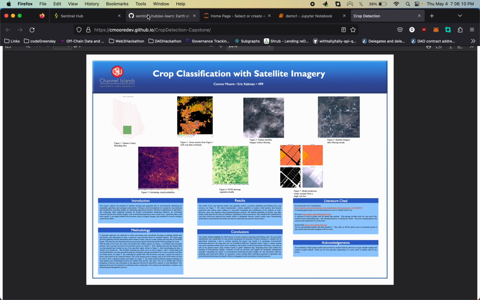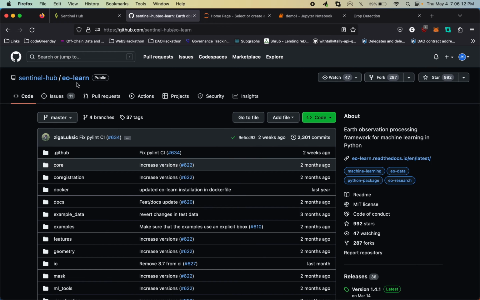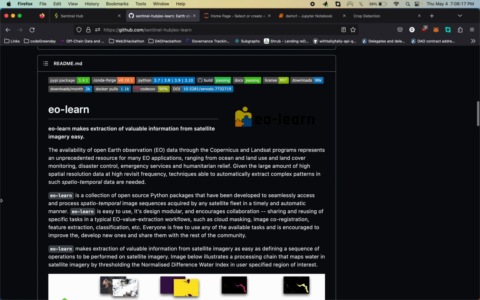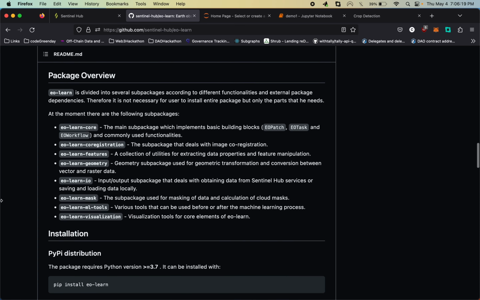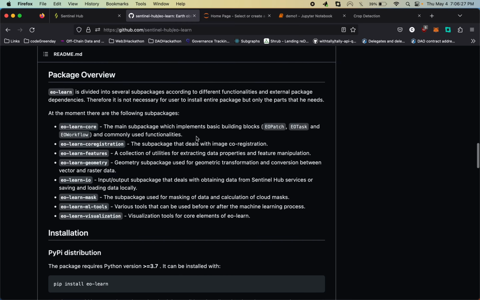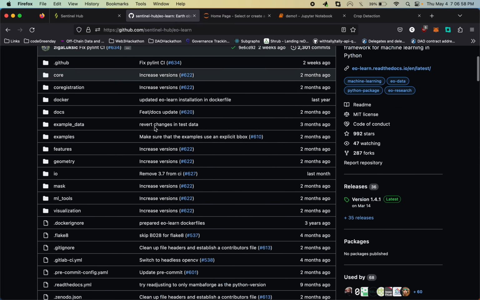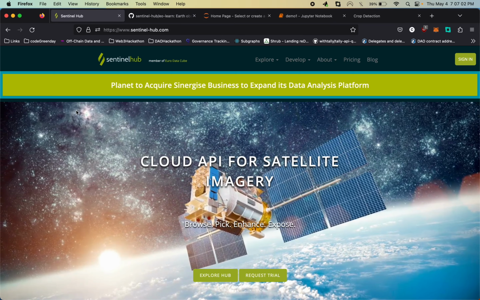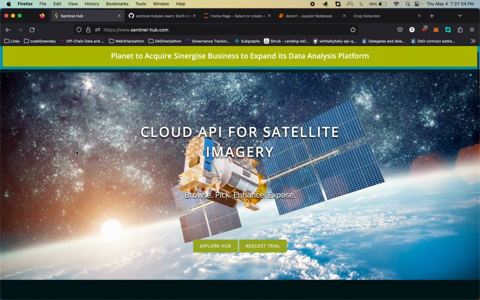So first, I was using EOLearn. This is Python, so it has a bunch of different packages in here. We can see all the different packages down here. It has specific packages for different things related to manipulating satellite imagery and getting out data. And this was created by Sentinel Hub, which is also the website I used to get the actual satellite imagery